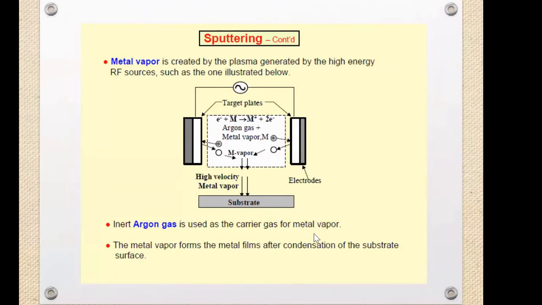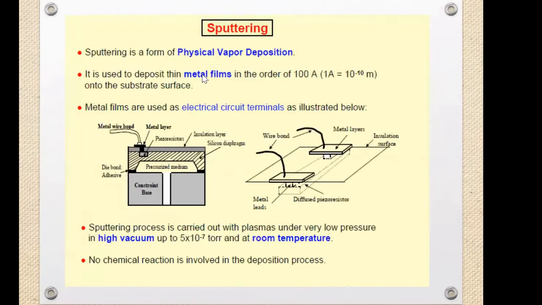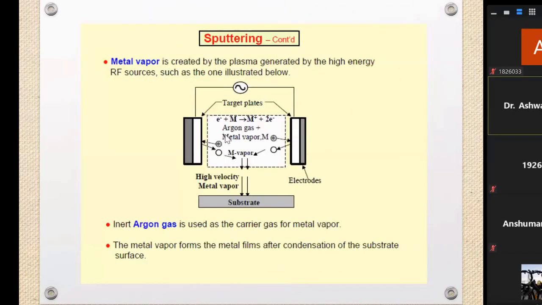So how does sputtering work? We will see how we deposit metal films over a substrate using the sputtering method. Basically, here you are able to see that there are two target plates, that is electrodes, and we have metal vapors. Metal vapor is created by what? It is created by plasma, where we have the metal ions. So the metal ions are collected from the metal vapors, and then